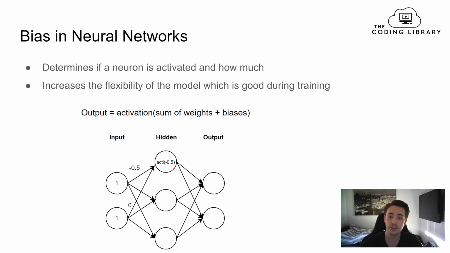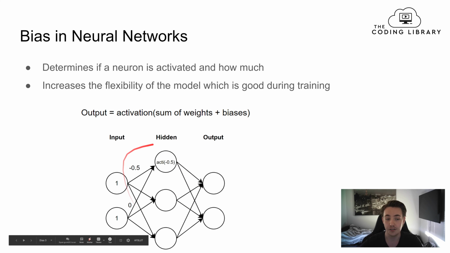And in the case we're using the ReLU activation function, which is very often used, then when we pass a negative value to a ReLU activation function, the output of that activation function will just be 0. So that means that this neuron here won't be firing if we're just using the sum of weights here as the input to our activation function, and we're only working with the weights of these different connections between